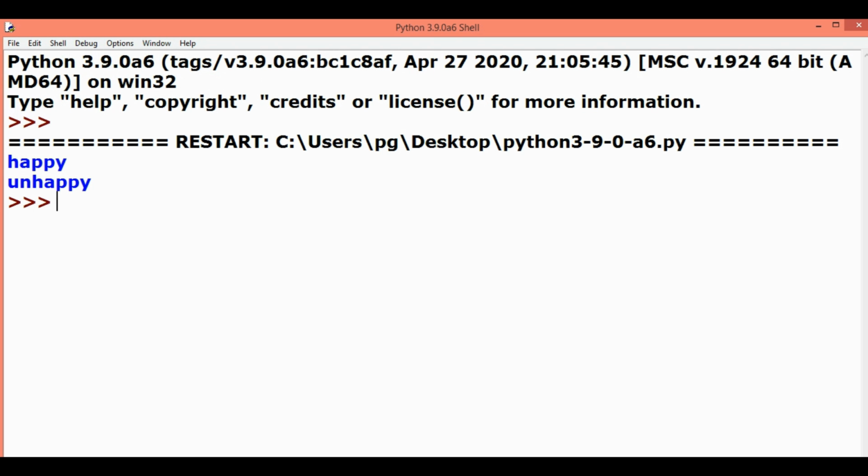So we see that the prefix un has been removed and returned as a new string, whereas the original string remains as it is. So happy is the new string being returned, whereas original string unhappy remains as it is in the variable p.